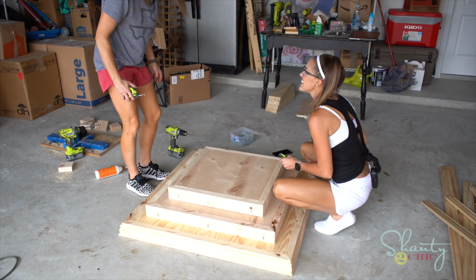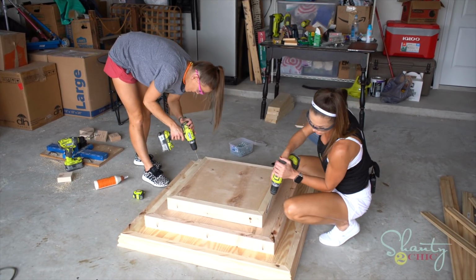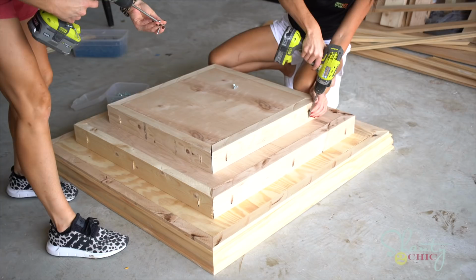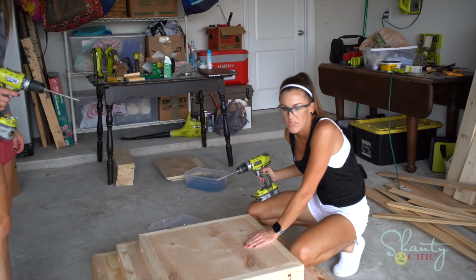Now we're doing the same thing. We've got pocket holes drilled facing down into the plywood. This could be called the wedding cake table. All right, so we've got all 3 of our boxes stacked on top of each other, and now we're